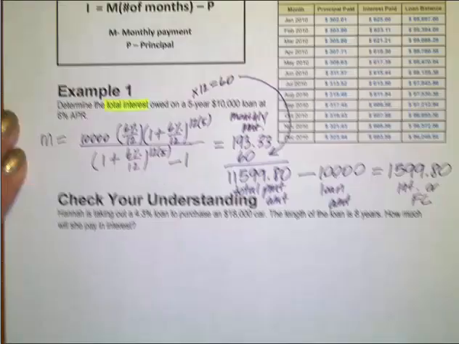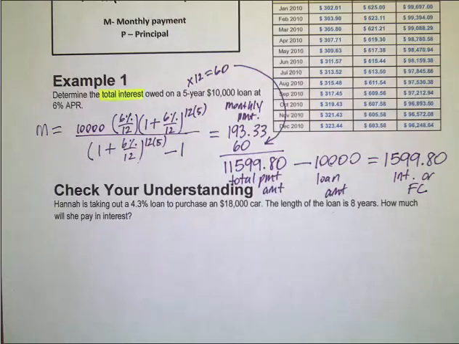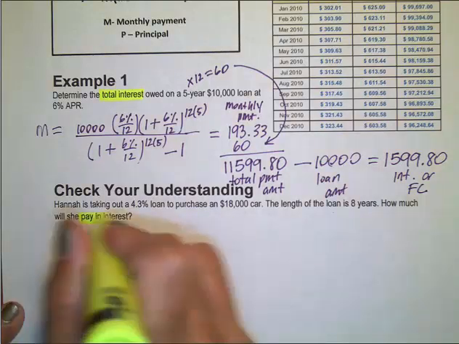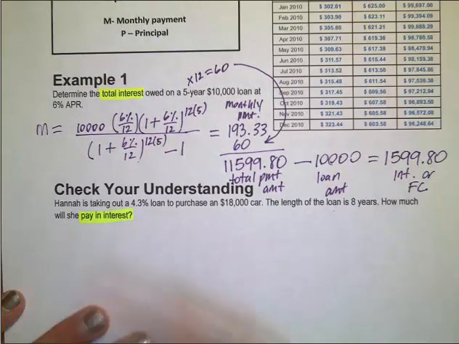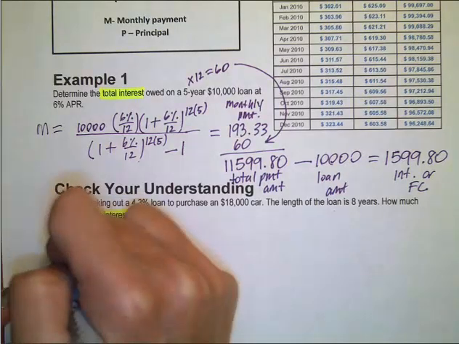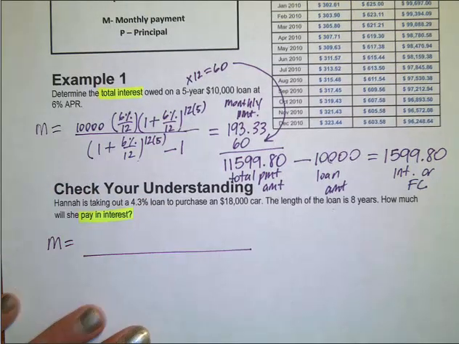So let's check for understanding. Hannah is taking out a 4.3% loan to purchase an $18,000 car. The length of the loan is 8 years. How much will she pay in interest? So again, it's not asking us how much she'll pay, it's how much will she pay in interest. So we have to first figure out how much she's paying per month. So our monthly amount, we use that giant formula from 4-2,